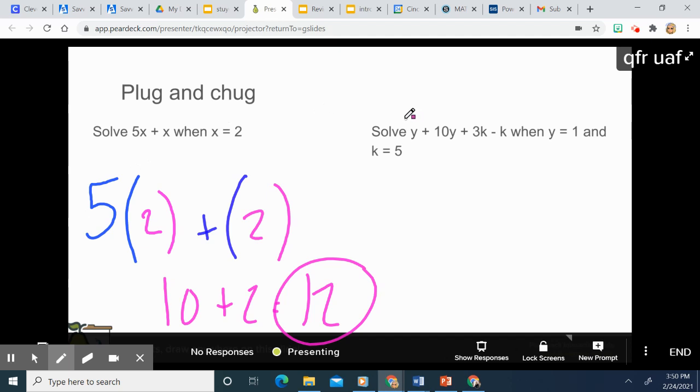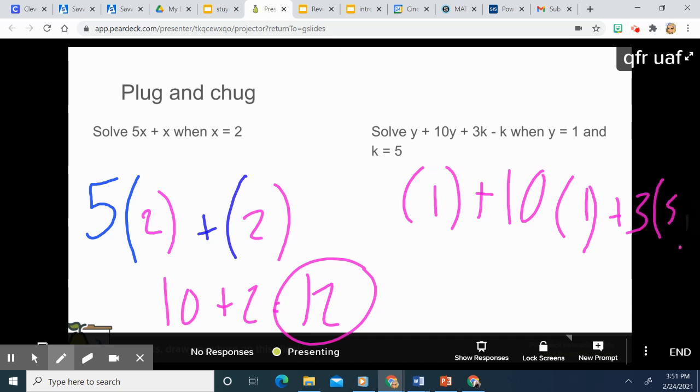All right, on this one, go ahead and solve this one. All right, so for this one, you just go ahead and do the same thing. Plug in, instead of y, I'm going to put 1. Oh, and it's very important that we protect what we're plugging in with parentheses. This is a new environment. We want to protect it. Plus 10y, which is 1, plus 3k, which is 5,